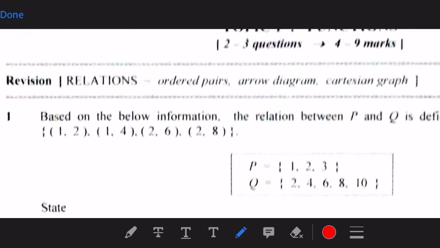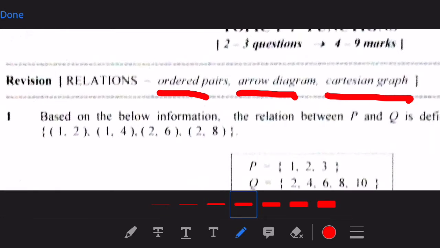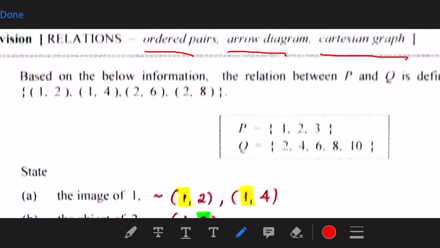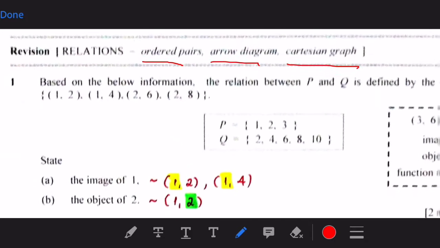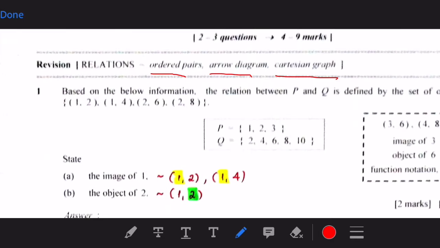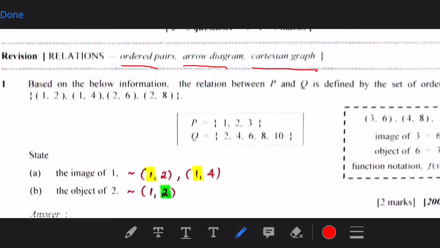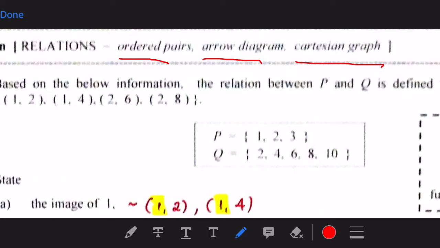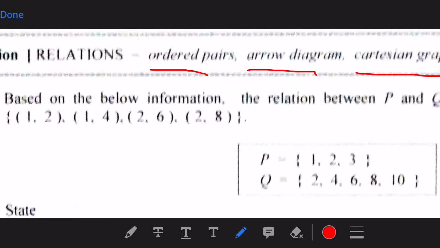Relations consist of ordered pairs, arrow diagram, and Cartesian graph. So this is a very basic relation. So let's see question number 1. We are going to discuss the questions one by one so that you are well prepared for your SPM exam. So number 1, based on the information below, you're given 1, 2, 1, 4, 2, 6, and 2,